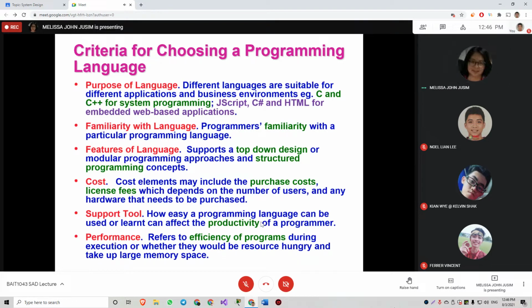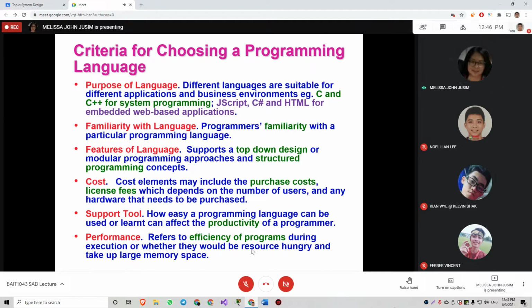Why not, right? And then there's another criterion, which is performance, referring to the efficiency of the programs. This again I also remember. I'm not sure whether Kelvin and Noel also remember. I think this is from Miss Lee's question. Miss Lee asked, what happens if there's a bottleneck, meaning a problem that cannot be solved?